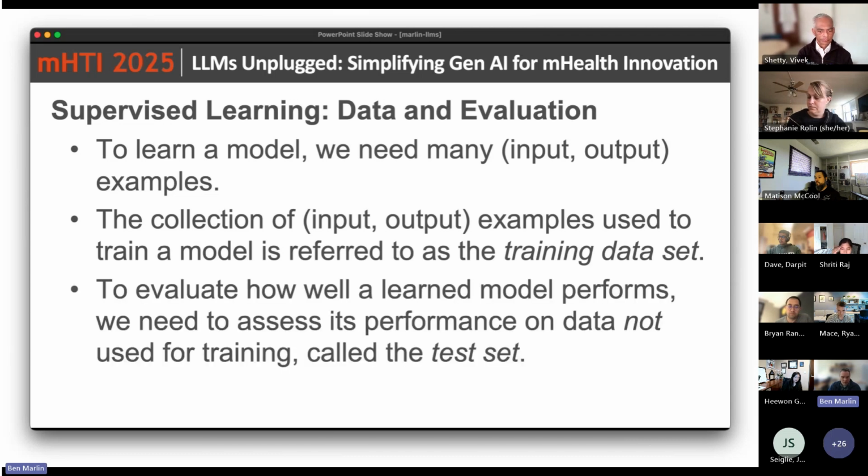Importantly, when we go to perform evaluation, we need to use new data. So you don't want to look at how well your model performs on the data that you use to train it. You want to look at its performance in a separate set, and that's called the test set. And this is actually a challenge for LLMs that we'll come back to later on. The commercial LLMs train on all kinds of text data that they can find all over the place. Coming up with new things they haven't seen to actually evaluate them on, or even knowing what they've been trained on, can be a little bit challenging. In the more traditional supervised setting, things are a little bit more controlled. So when you're using a model someone else has built, this evaluation problem can become a bit of an issue.